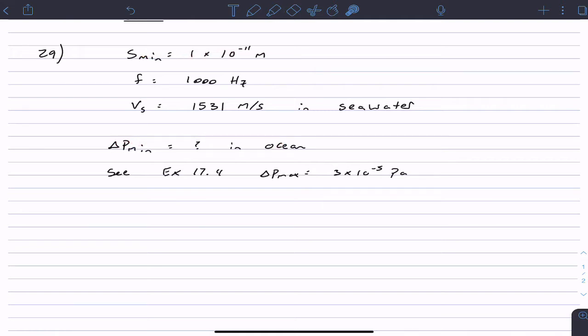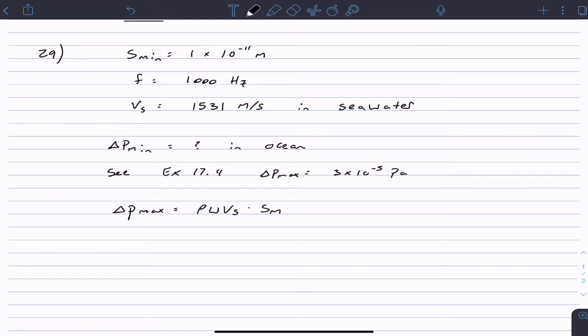in the ocean? And then it says, see, there's an example 17.4 in the book, and they do a very similar thing here. So I recommend going through that. It's worth looking at before you approach this problem. So in the example, they give us, there's also a derivation for this in the book near the example,